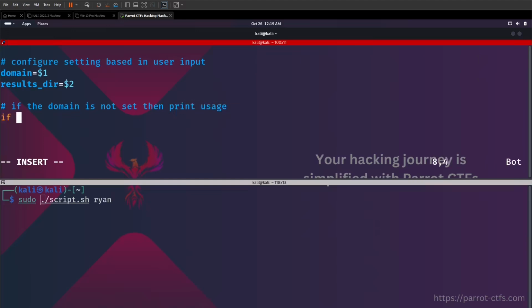Basically we're going to use an if statement here with -z, and then we're going to check if domain here is not set, and then we'll do an or operator here, or if results directory